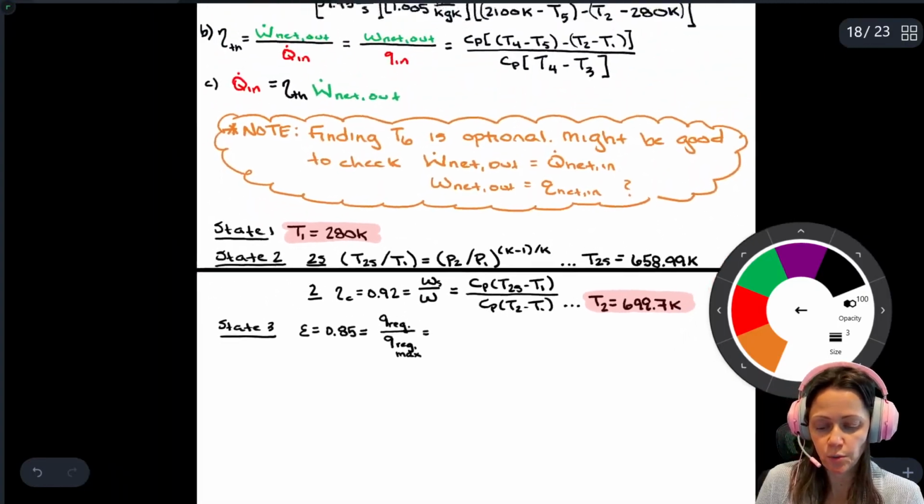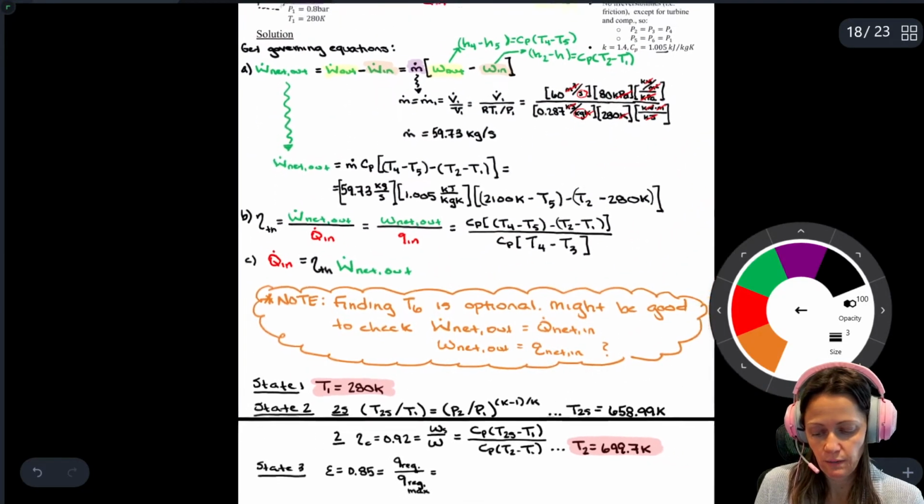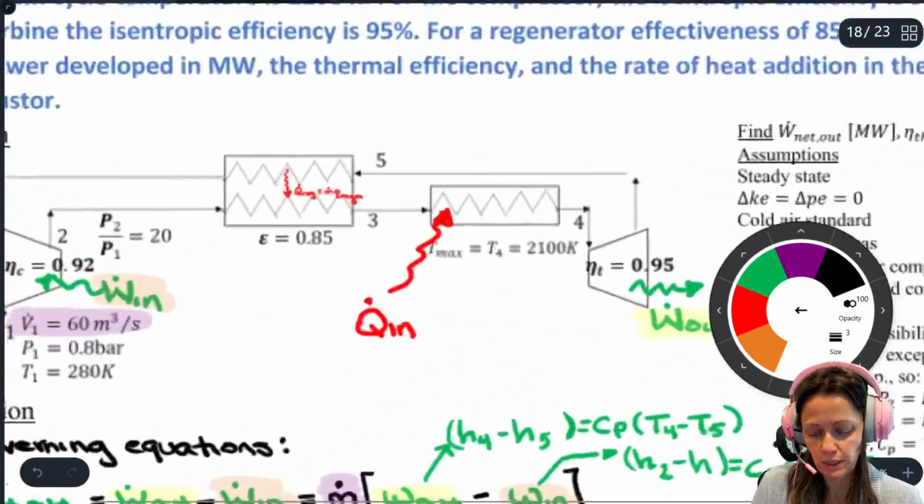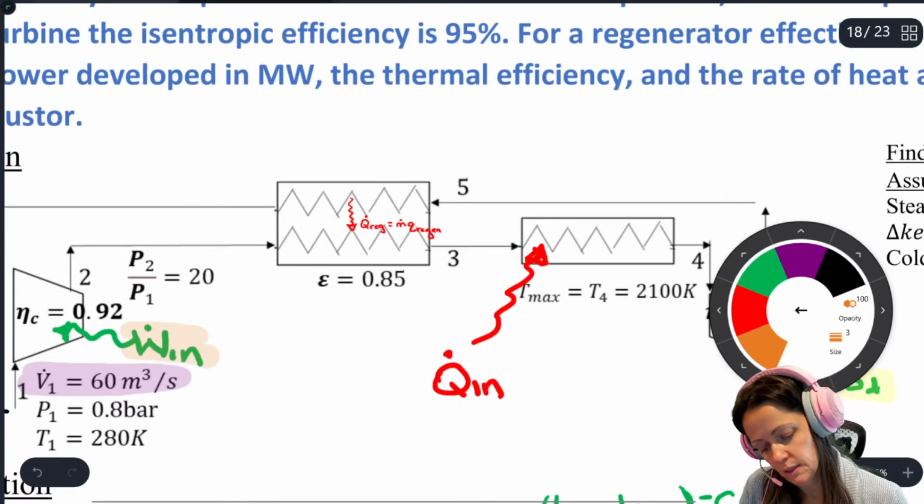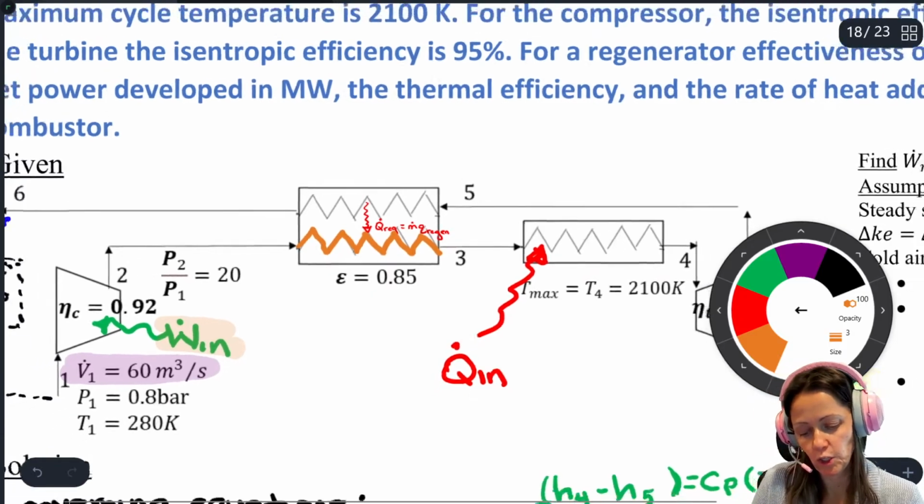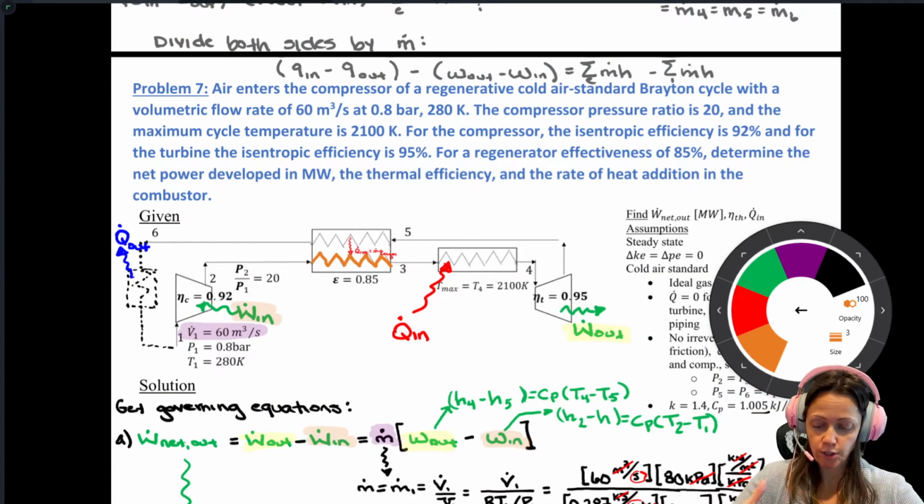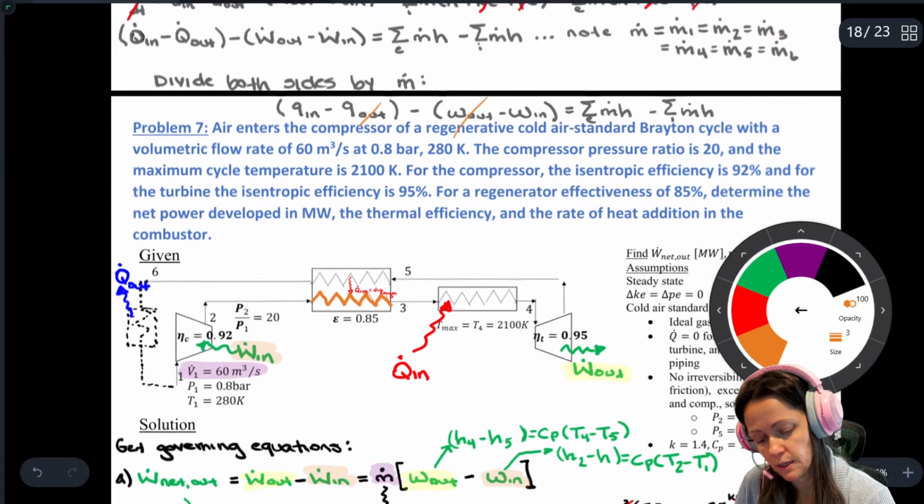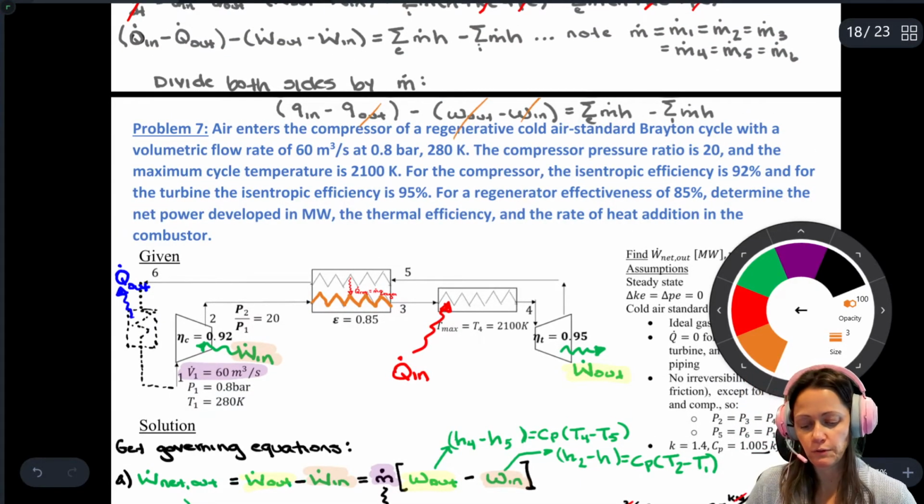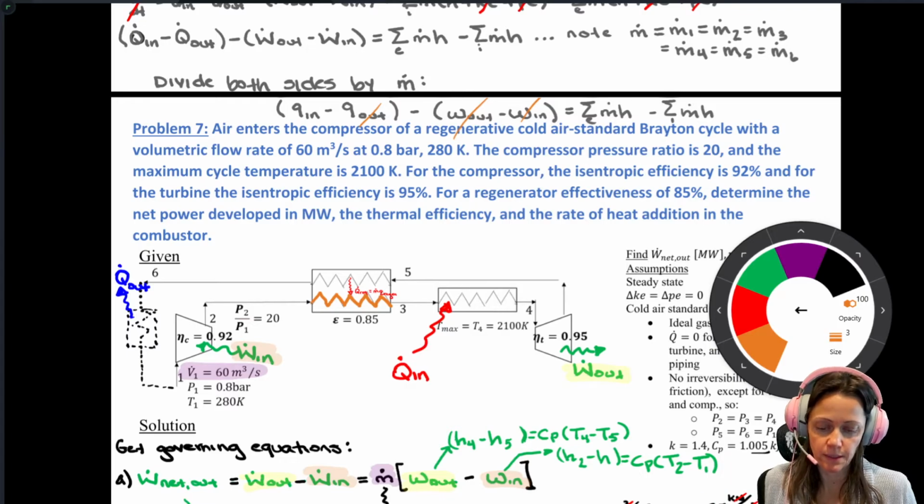So that Q regen, if I define it from the bottom squiggly, I defined it for this little squiggly right here. Well, that Q regen ends up being the Q in to that orangish squiggly. So if I applied my first law, it would be the sum of the H's going